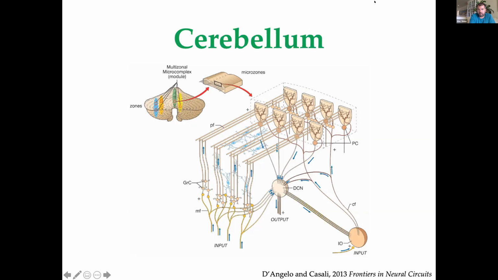So where do these come from? So if we put this in the context of the whole circuit, the big pyramidal cells in the cerebral cortex, these are the layer 5 pyramidal cells I mentioned before, they project down to lots of different regions. So they'll send a little innervation to the thalamus, to the superior colliculus. Some of them might end up down in the spinal cord, but a large proportion of them make synapses in